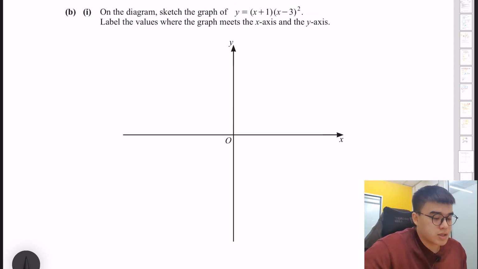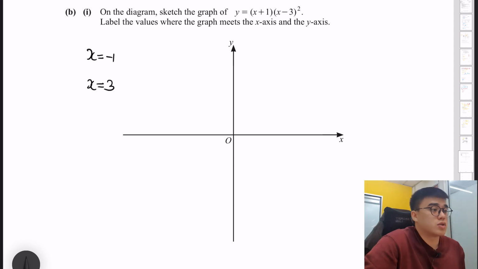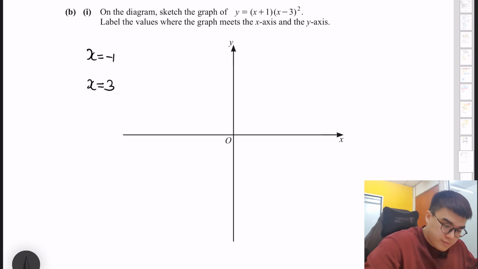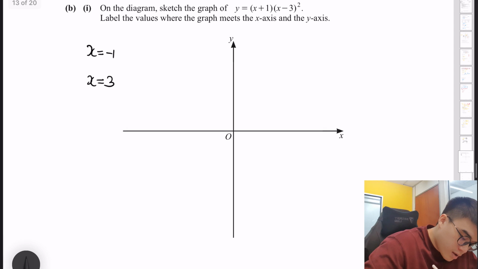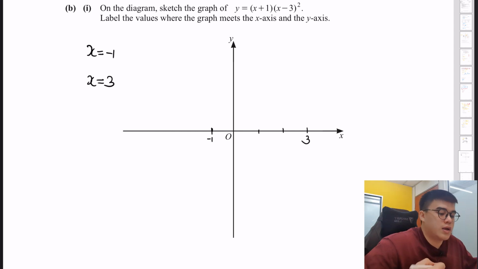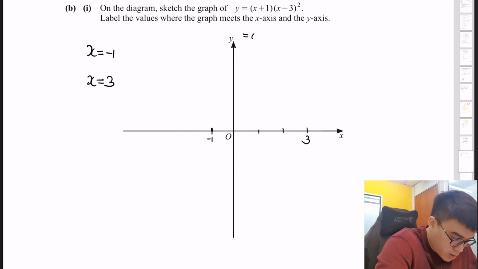So for part B, sketch the graph. So this is what was given to us. So you will know x equals -1 and x equals 3. So these are the 2 points that I know right away. Maybe -1 is somewhere around here and 3 is somewhere around here. Then the other thing that I will do is to expand the entire part, which is